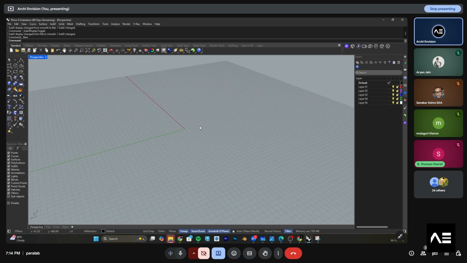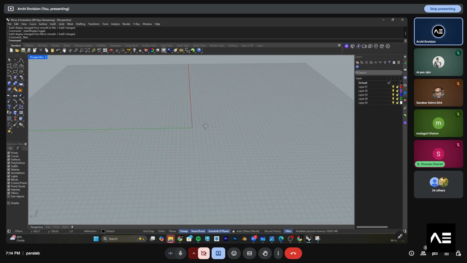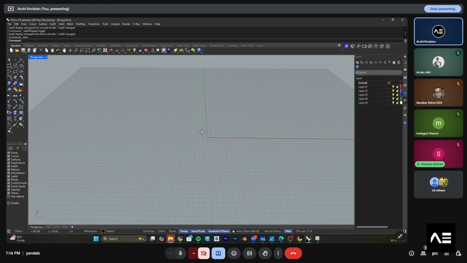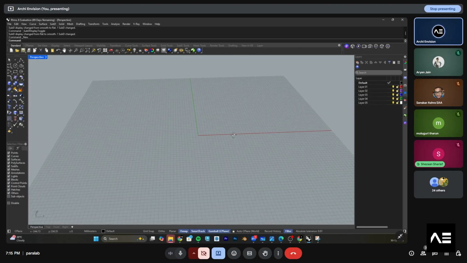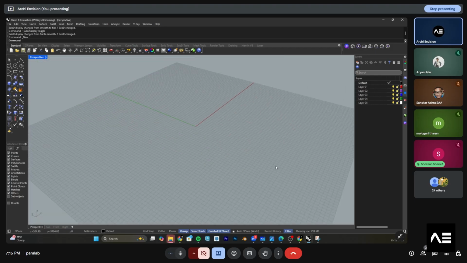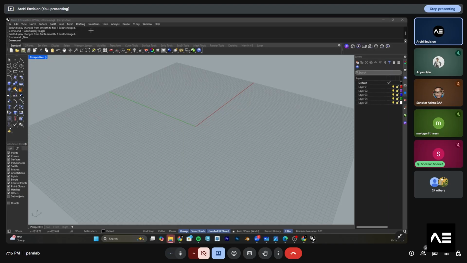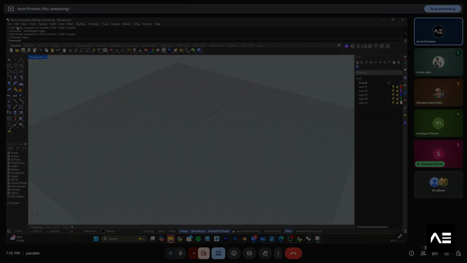I don't want to work on any super complex forms right now. I just want to give you guys the basic introduction, and I will tell you guys the basic things of the perspective.